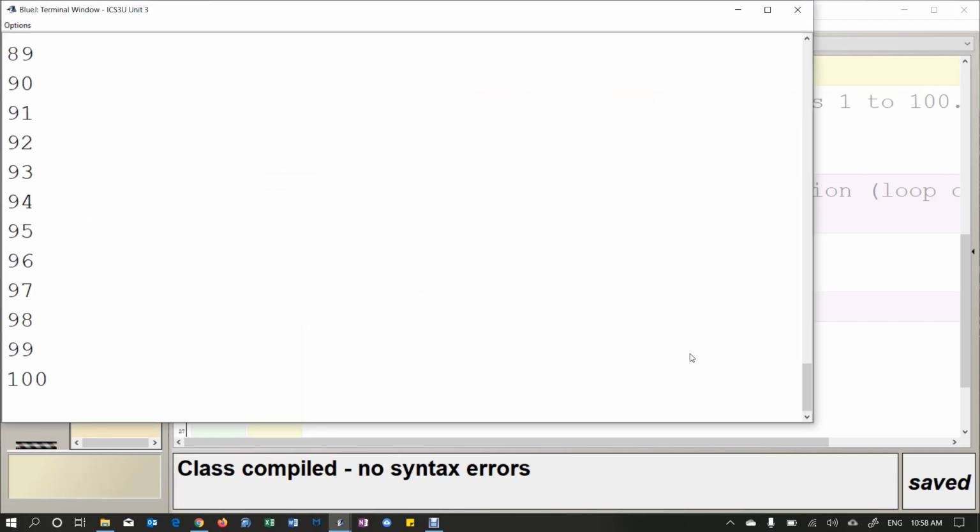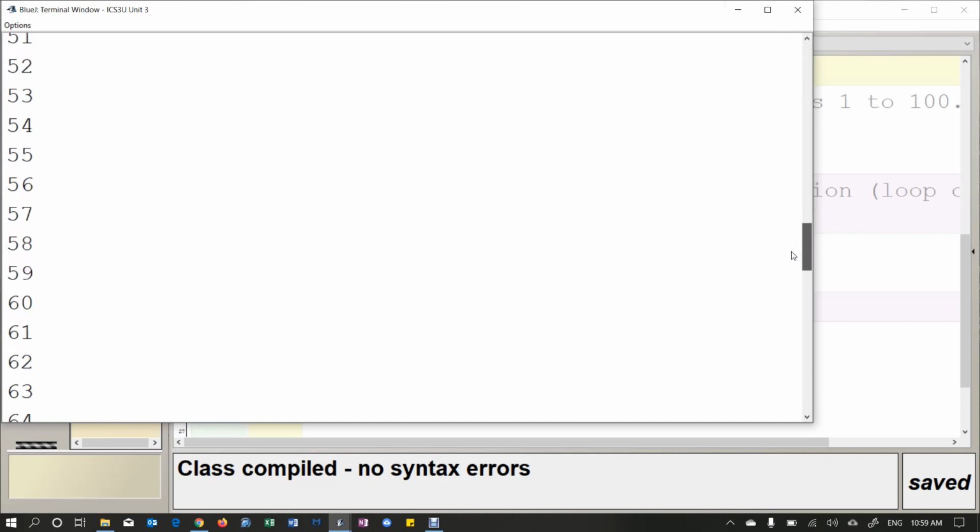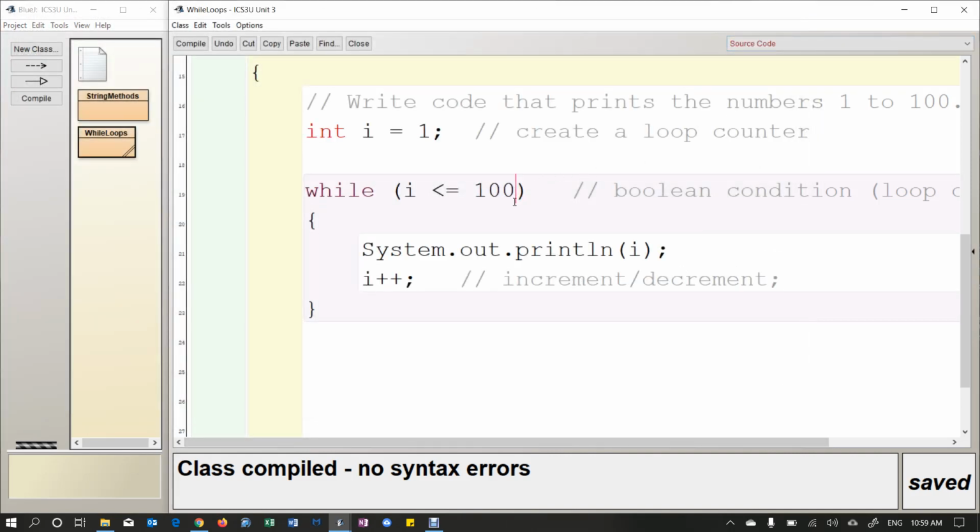And yes, it did. I'm going to have to scroll up to see my first number. And you may have to turn on unlimited buffering. So make sure that that is selected on and then run your program again, just so that it allows you to scroll all the way up to the top. Okay, so there's the top and it goes all the way down to 100. I can even change this. I could make this